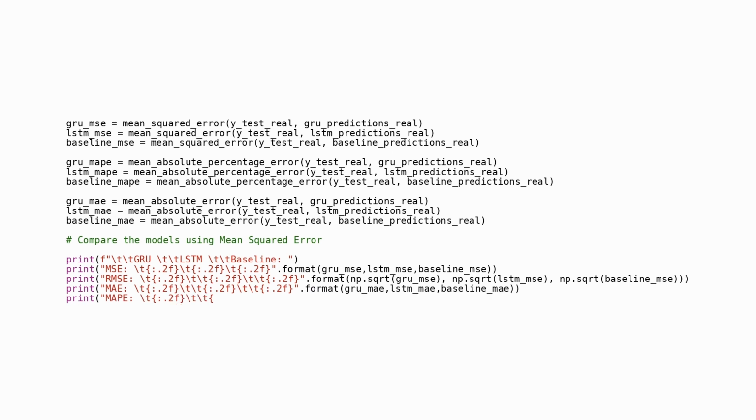Finally, the code prints out the MSE, root mean squared error, RMSE, MAE, and MAPE for each model, formatting the output to 2 decimal places. RMSE is simply the square root of the MSE and gives an idea of the error magnitude in the same units as the original data. By providing these metrics, the code enables a comparison of the model prediction accuracies. Lower values for MSE, MAE, and MAPE indicate better predictive performance. The print statements format the report in an easily readable manner, laying out the comparative results for each of the error metrics across